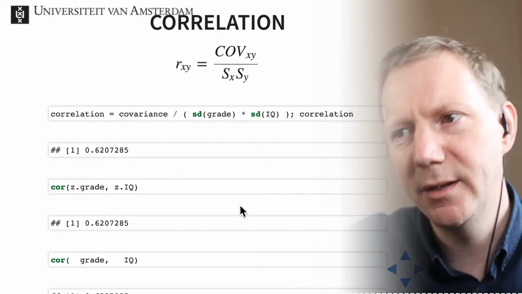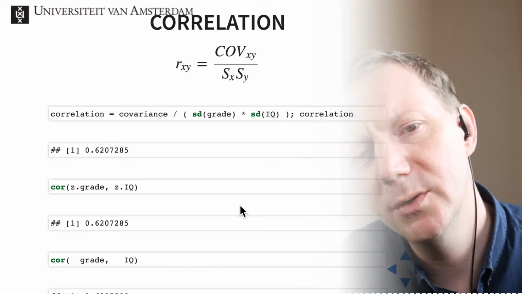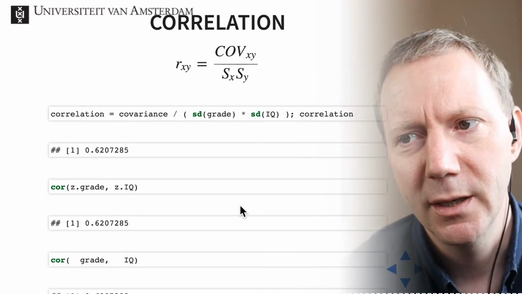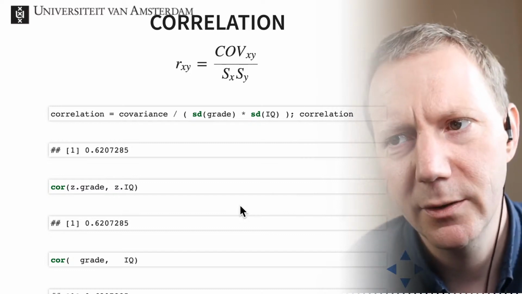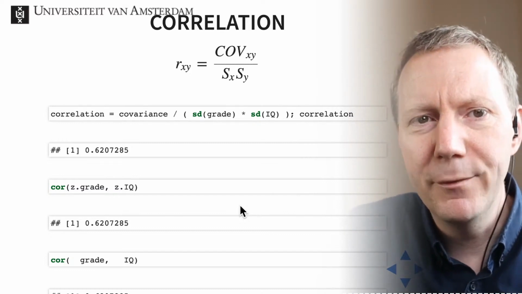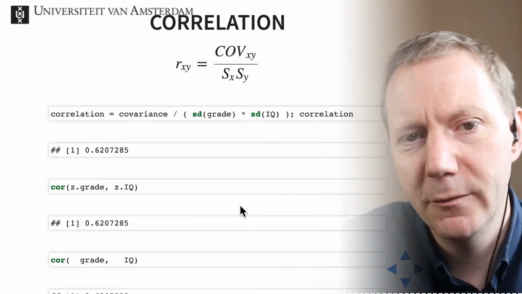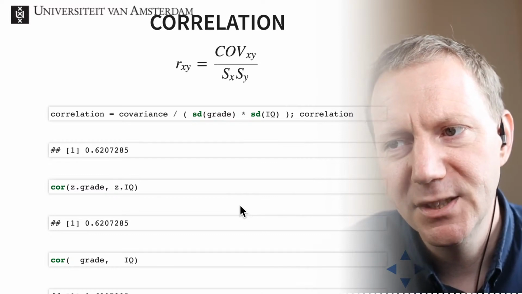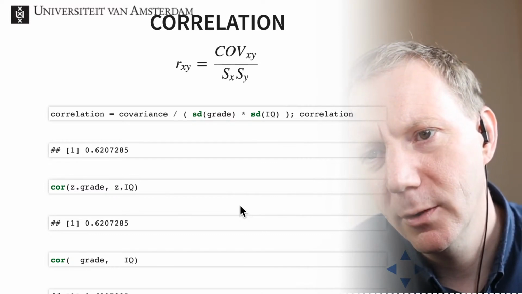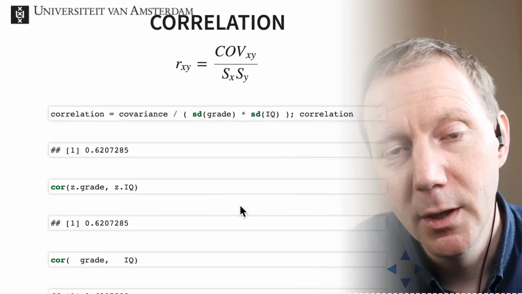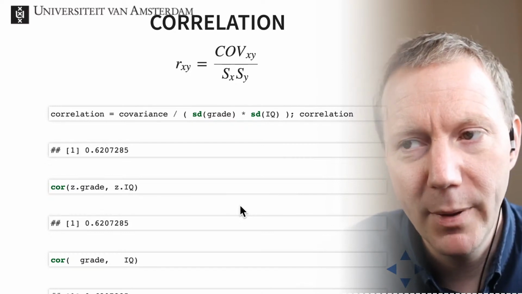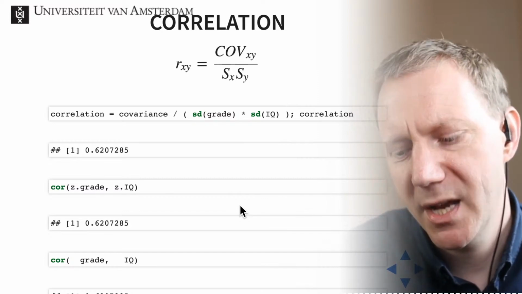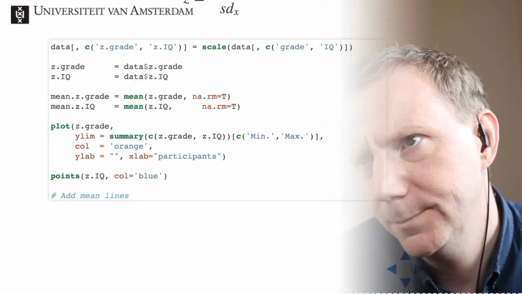Well, we're not actually done, because we do want to know if such a correlation of 0.62 is actually significant. So in other words, if we assume that there is no correlation, if we assume the null to be true, then sometimes we get a correlation of this value based on chance. So for example, what I've done here